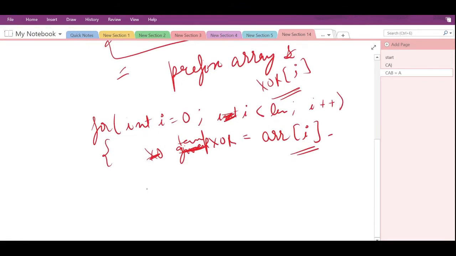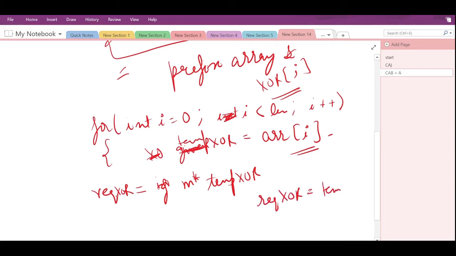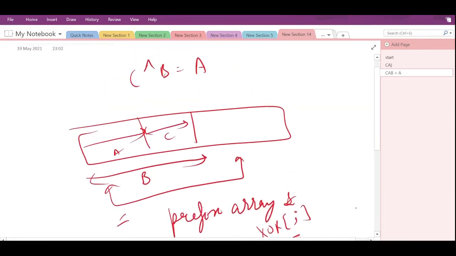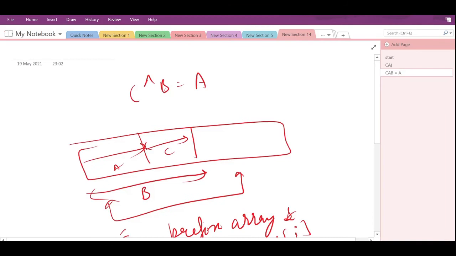Now, let's suppose this is the required XOR. So this is a variable, required XOR, and it is equal to temp XOR XOR m. So the required XOR will become a.